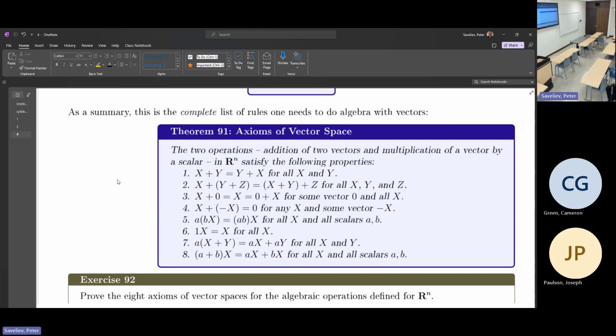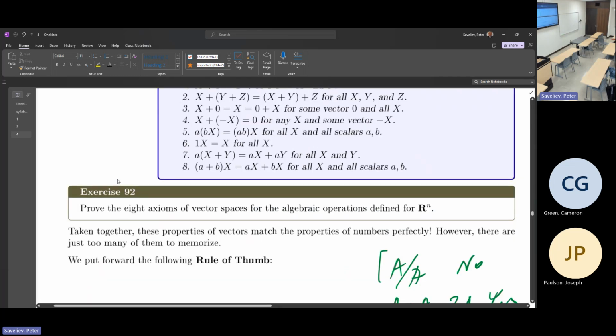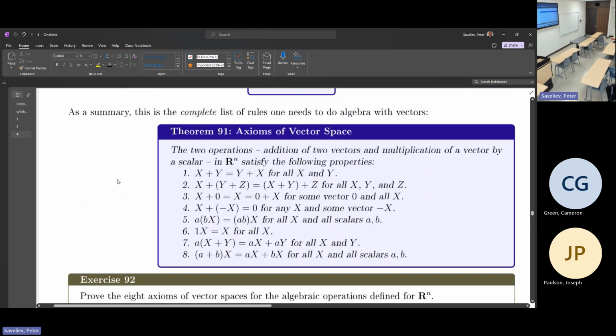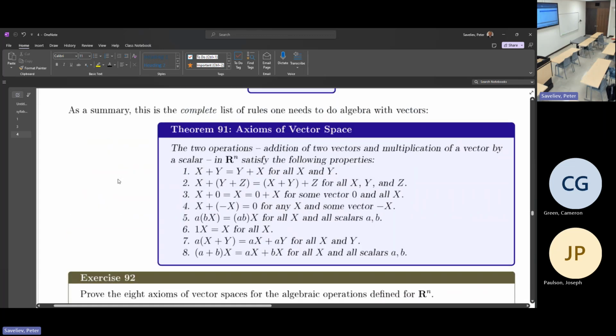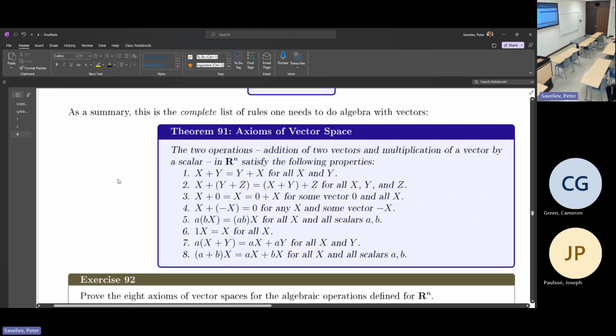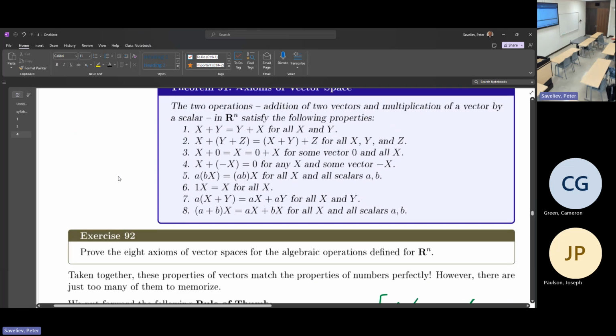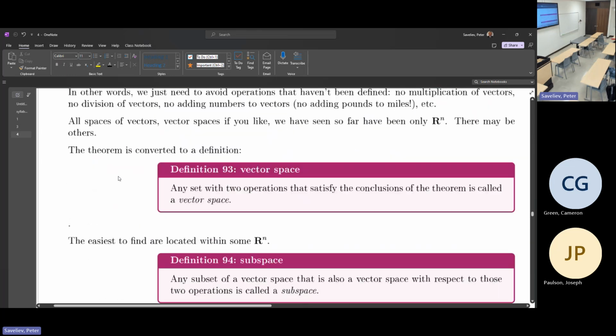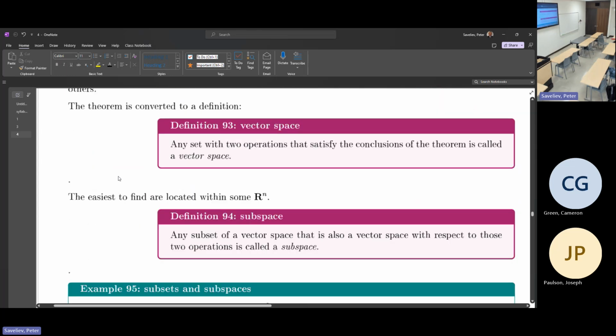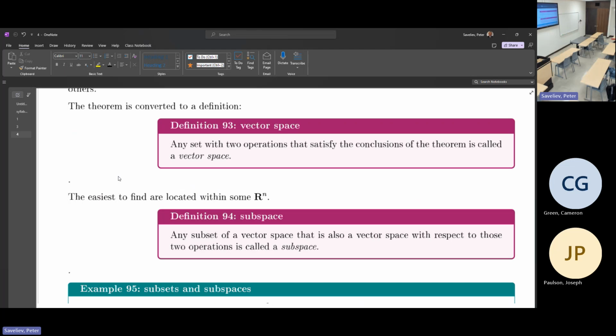As a matter of fact, if you want to go beyond Rn, that's when you start using them directly rather than just as a list of properties. V will be the starting point. Vector space, subspace, that's also going to be important. And why do we have that definition still in our hand? Because